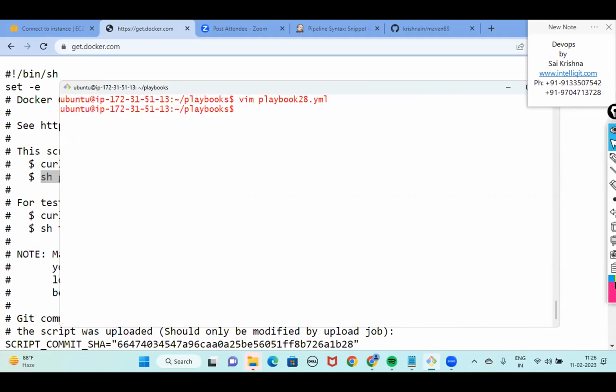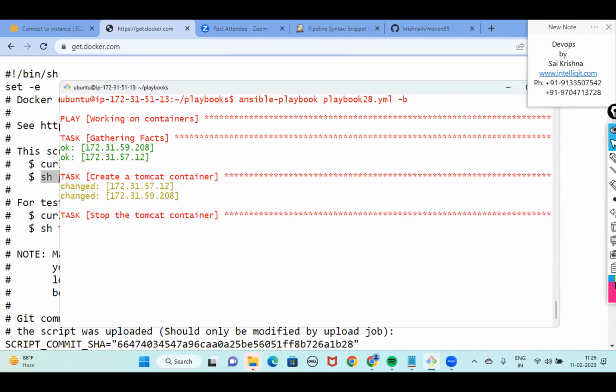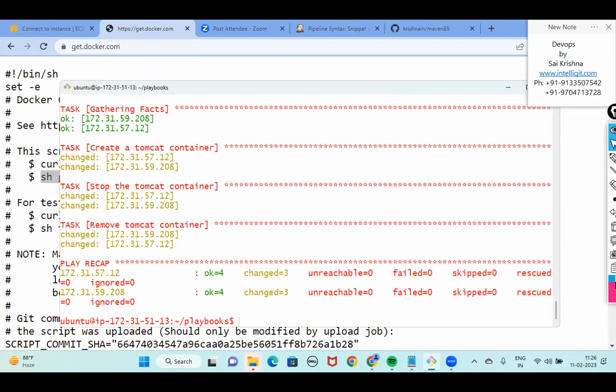Fine, I'll remember. Anyhow, if I run this playbook one more time, what will happen? Everything will come in yellow, because the Tomcat containers are deleted. So Ansible has to create fresh Tomcat containers. That will be yellow. Again, those containers it has to stop. Then it has to delete. Don't say green or yellow blindly. See, everything comes in yellow. Creation of Tomcat, stopping the container, and finally deleting that container. Everything is a fresh activity.